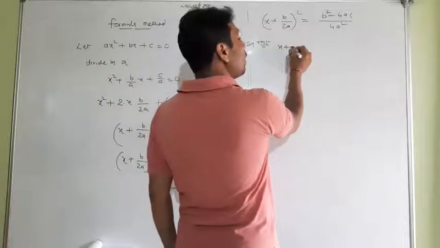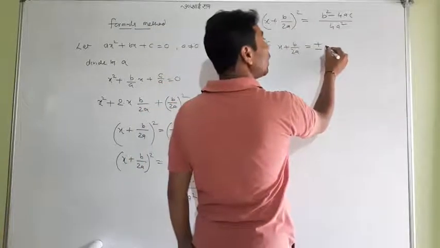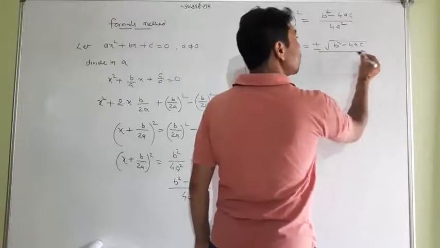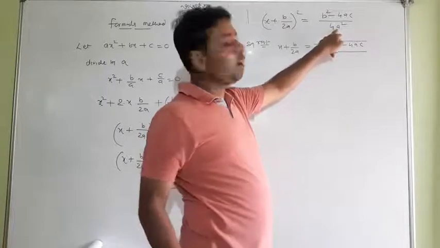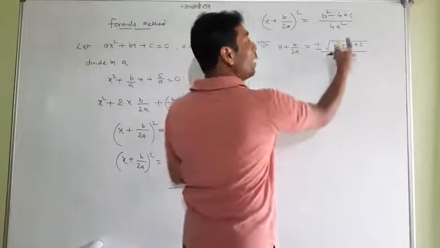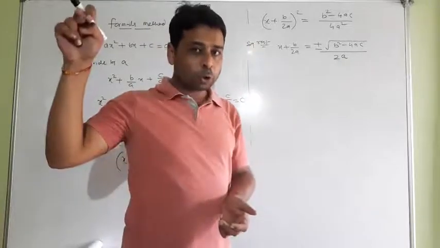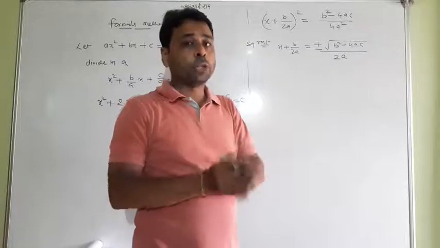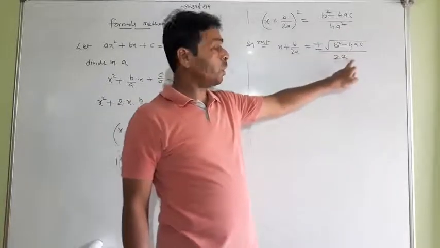You know that on taking square root, plus minus will come. This is b square minus 4ac. This also has a square root. You know 4a square, 4 has a square root 2 and a square has a square root a. So I only use square root in the numerator because the denominator I have already taken out, the proper term. This is 4a square, root of which is 2a. This is a square, root of which is a.